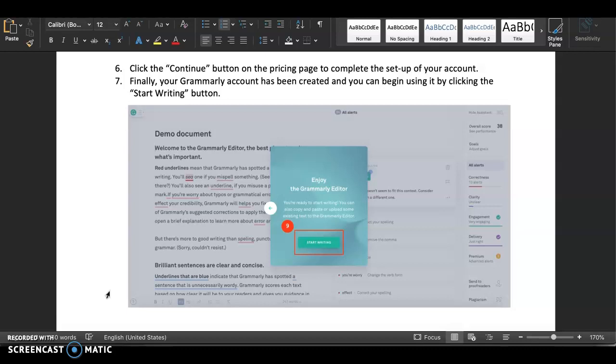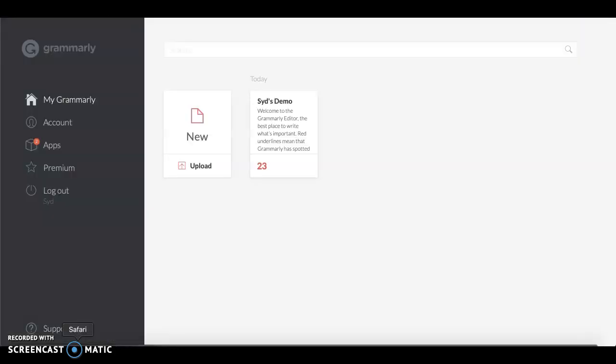So now that your Grammarly account has been created, you can start writing. It will give you an option to walk through a demo. However, I'm going to walk you through that myself. So we're just going to dive right in as if you have a brand new account with Grammarly. So here I am, logged into my Grammarly account. You can see that I have account, apps, premium, and I can log out. We're going to start fresh with a brand new